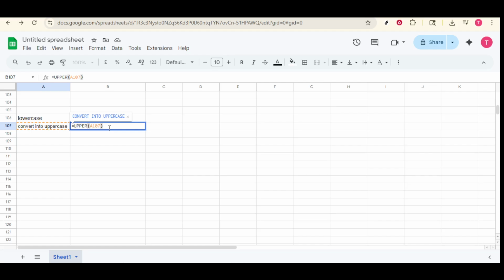Once you've selected the upper function, the next step is to indicate exactly which cell's content you wish to change. After upper, place an opening parenthesis, and now you'll need to click on the cell you want to convert. It's crucial that you select the correct cell here, so triple check if necessary. With this in place, you should see something like upper A1, or whatever your cell reference might be within the parentheses. To complete the formula, close off with a final parenthesis, ensuring that the function is now all set to